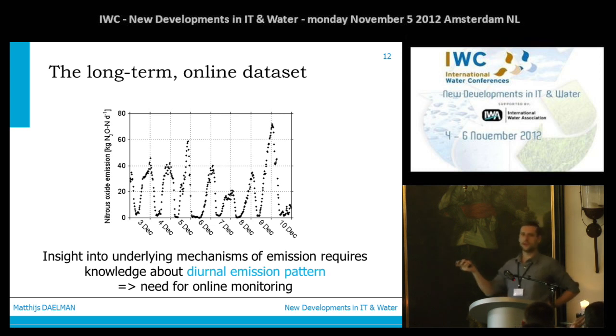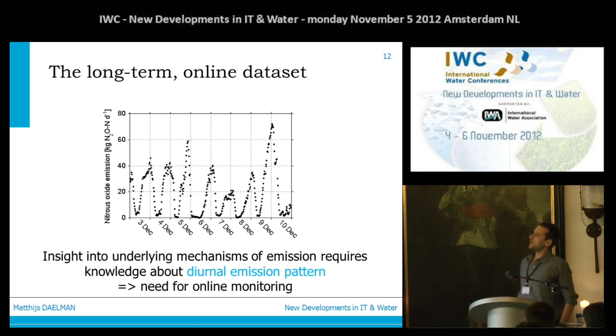And these are very useful data if you want to compare with other variables at the wastewater treatment plant, such as nitrogen load, dissolved oxygen, etc. So therefore you need this kind of data. Now you could say, you can go out to a plant and monitor for 24 hours online, then you get a picture of this, or for 1 week for instance. But you could repeat this, so then you are also measuring online over a long term.